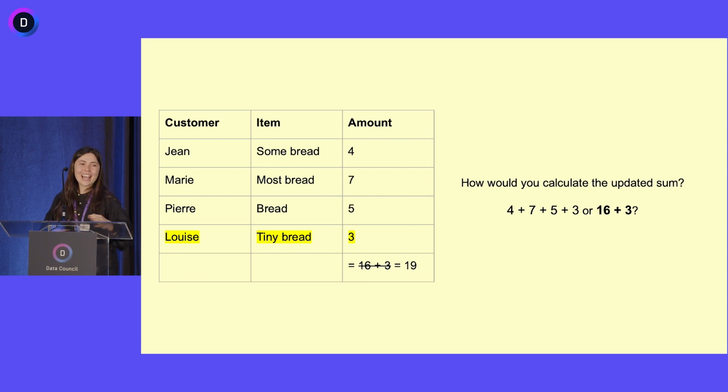Yeah. Okay, so personally, I wouldn't want to recalculate all of the values that I'd already seen. I would look at the fact that I've already made 16 francs and just add 3 to that. Why redo work that I've already done? Instead, we'd want to use the arrival of new data, Louise's purchase, to tell us to calculate the new sum incrementally. So instead of adding up each cell again, we would only do the minimal work required. So 16 plus 3.